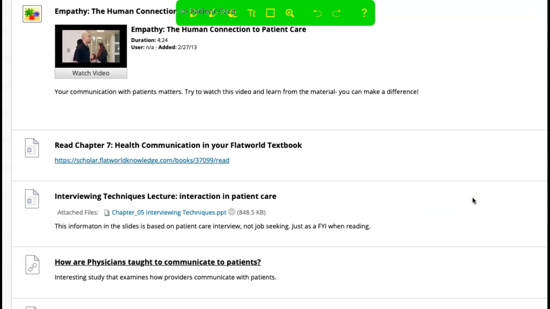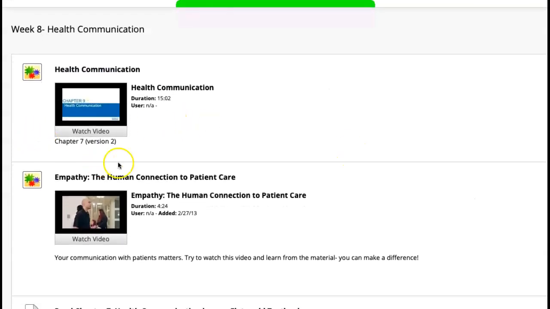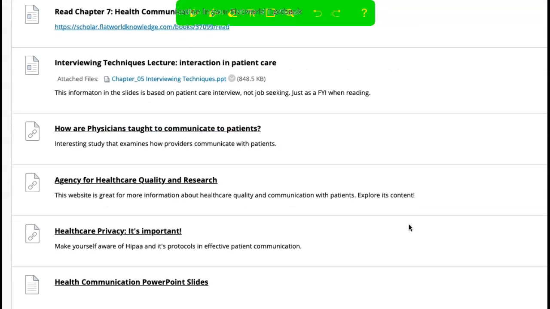Again, read chapter 7 in your Flat World text. I just want to issue a reminder. You can read this on the computer. I hope a lot of you are using that. That's why we have it. In the Blackboard course, you can access the textbook on your computer, and I know we've talked about that before, but take advantage of that. It's really, really easy, and you can actually listen to the textbook too, which I find super helpful. I actually enjoy audiobooks more than I do paperbacks, so maybe that's something that'll be helpful for you.